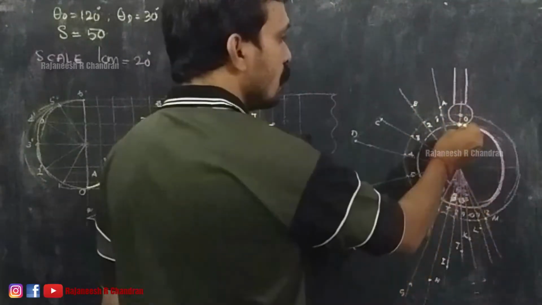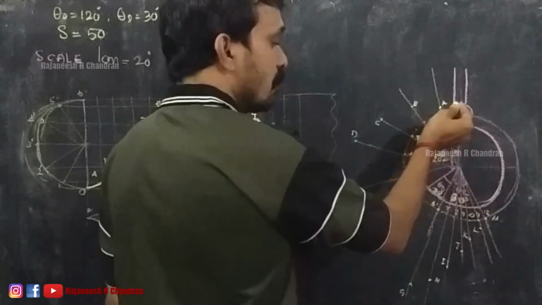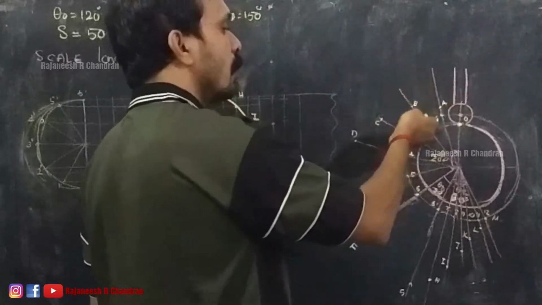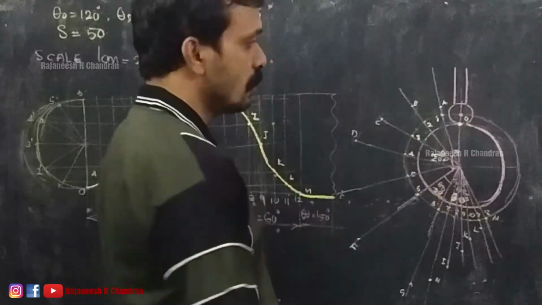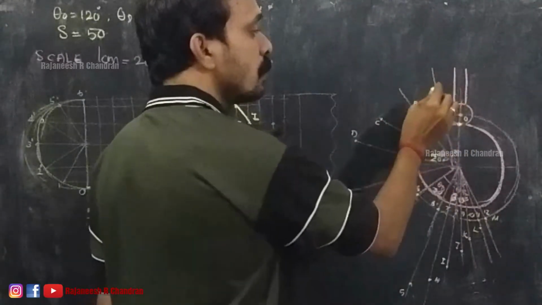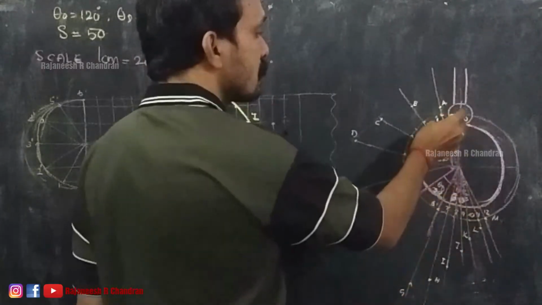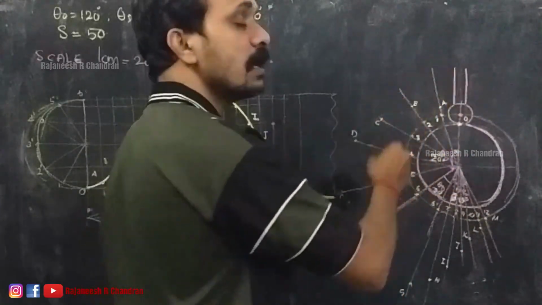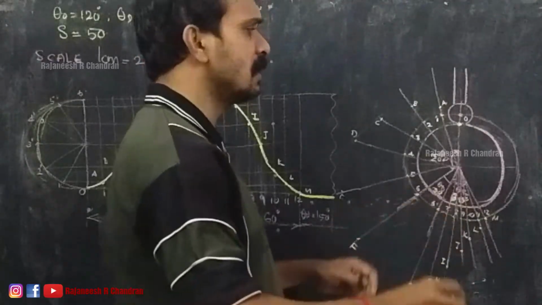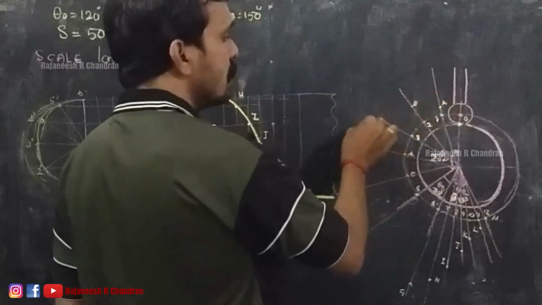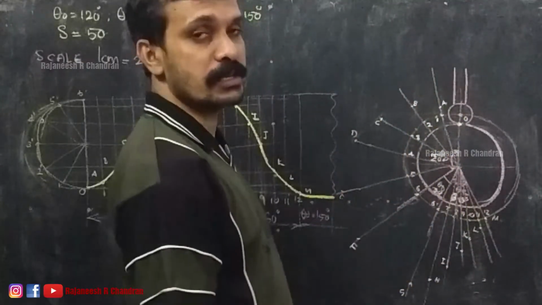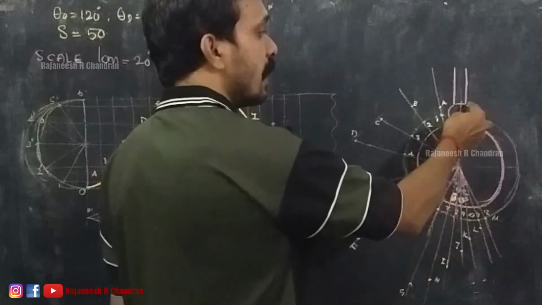Initial point of the cam profile will be here, because that is the base circle of the cam. But we have drawn the prime circle, and from the prime circle we have located 1A, 2B, 3C like that. So if this is the part of the cam, this point will not be the part of the cam, because we have to draw a roller. Do you understand? We have located A, B, C and D. Through all these points draw rollers of diameter 20.